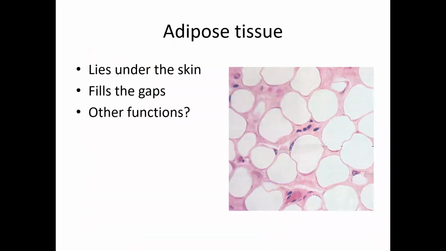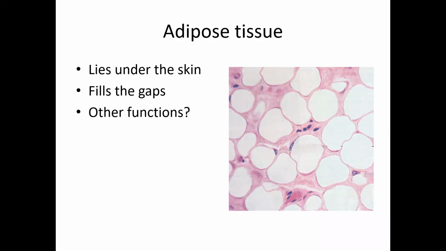Right. So then you have adipose tissue, which is a type of connective tissue again, and you find it underneath the skin. When you do dissections, you will find yellow colored tissue, which is adipose tissue, which lies underneath the skin. It is basically a feature of the mammal. So all mammals have this adipose tissue, which helps